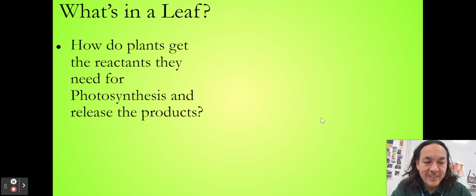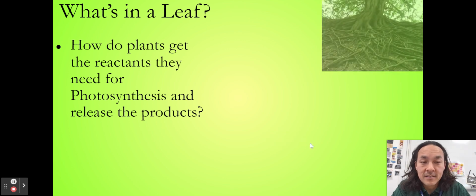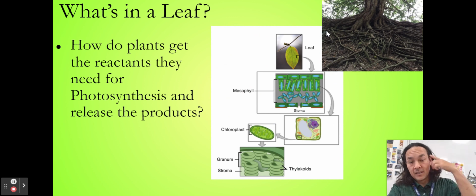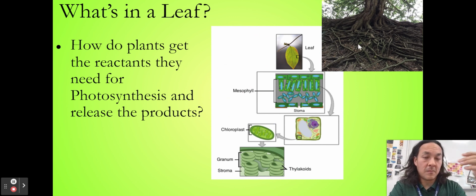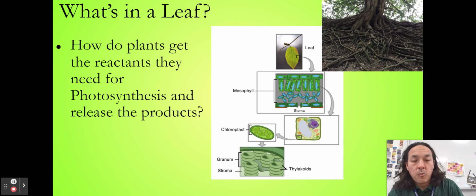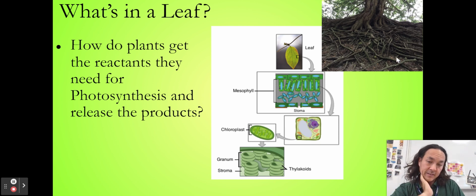All right, I believe in you. Aha! What's in a leaf? How do plants get the reactants they need for photosynthesis and release the products? Well, plants have roots and stomata. In the roots, that is where water comes in, and then certain chemicals that the plant will need for photosynthesis. So water is the big one that we'll worry about in our introductory biology class. It gets in at the roots. And then in the stomata, which are the little holes or openings in the leaf,